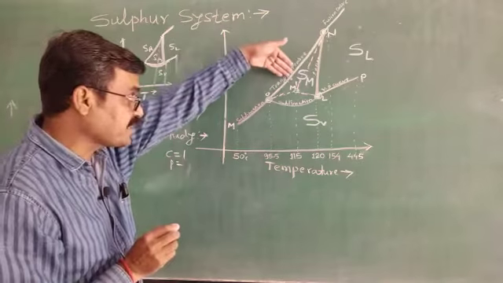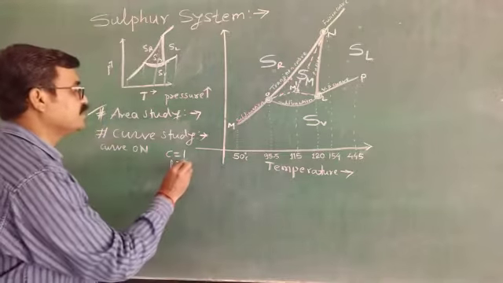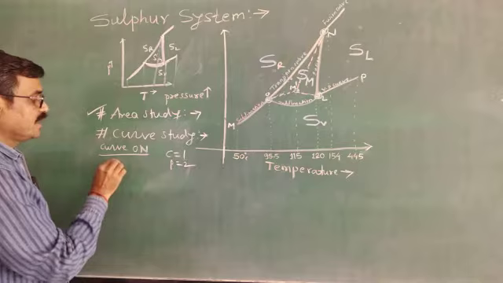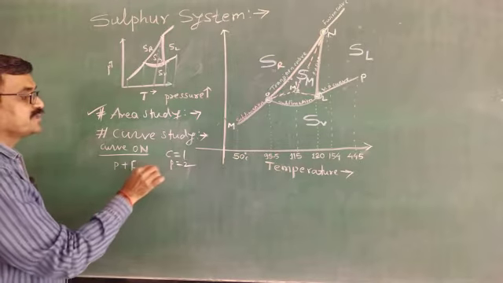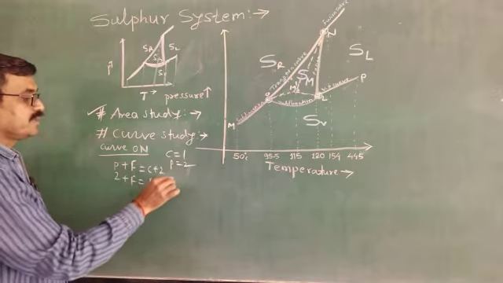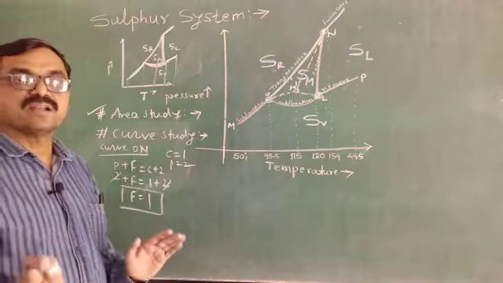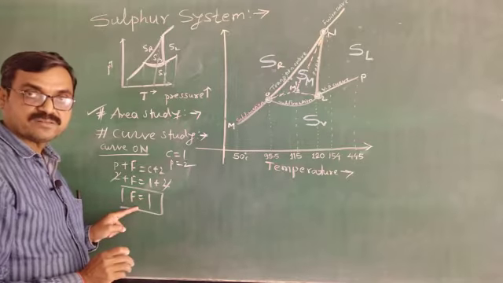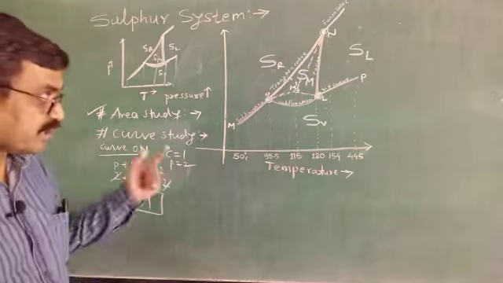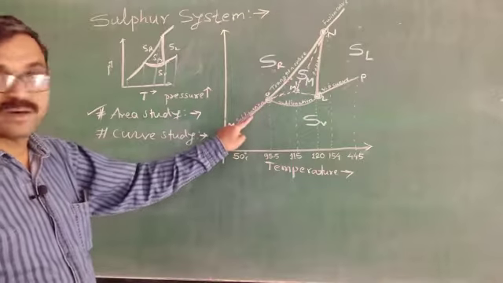Now see the number of phases, very important. Tell me how many phases are there? Sir, here 2 phases are in equilibrium. You are saying 2 phases, so the number of phases is 2. Now along this curve, according to Gibbs phase rule, P plus F equals C plus 2. With 2 phases and 1 component, the 2 cancels, and F equals 1. Yes, it is. Curve study shows that the sulfur system is univariant. Uni means one. Getting it? You saw the first curve; now see the second curve. Choose any curve, see the second curve MO, this one curve.